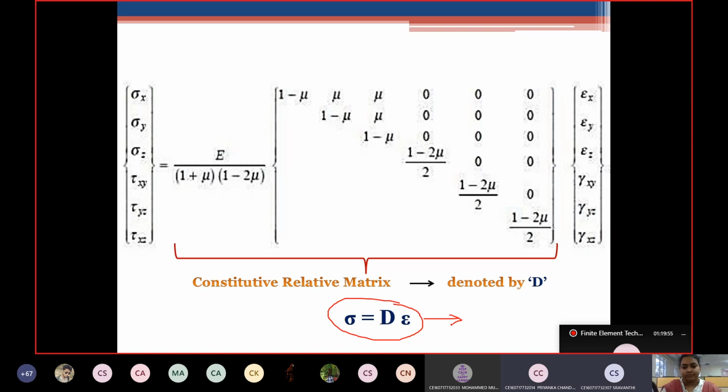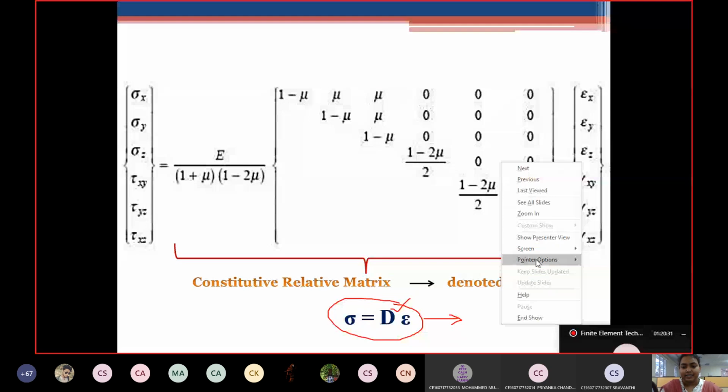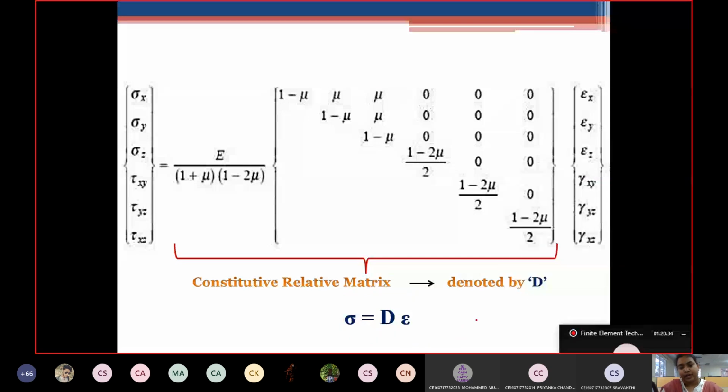Young's modulus, ma'am. Stress by strain is equal to Young's modulus. Exactly. Sigma is equal to E into epsilon is what Hooke's law tells us. If you have to remember, the D, the constitutive relative matrix, is actually indicating the E value in Hooke's law. We took the generalized Hooke's law, solved it, reduced it, and reached this point. This D again is in terms of E and mu only. So the final equation we get here is sigma is equal to D into epsilon.